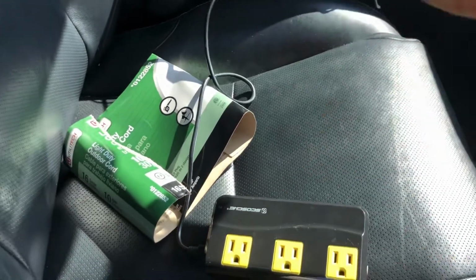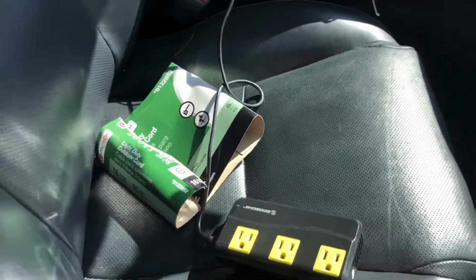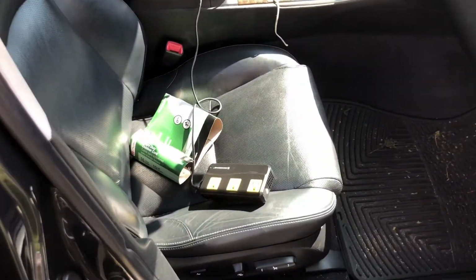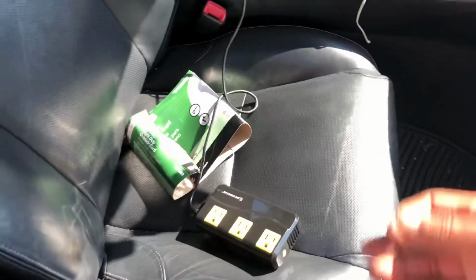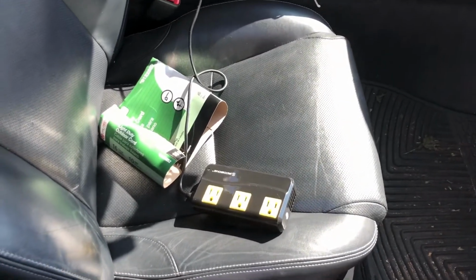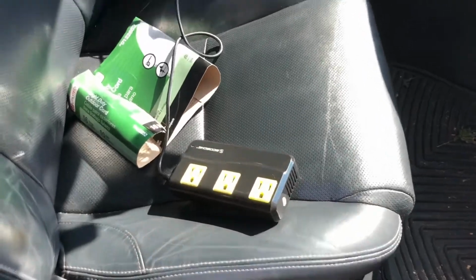So this baby right here was running two lights, of course not at full intensity, but it was running two lights and the return pumps, and that's good enough to create oxygen exchange and provide some light for